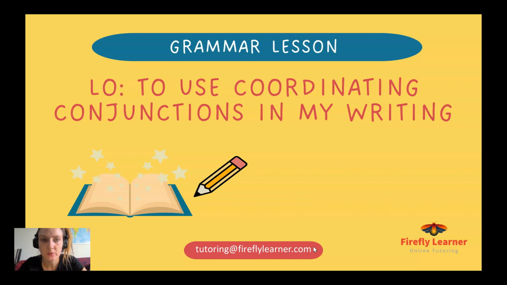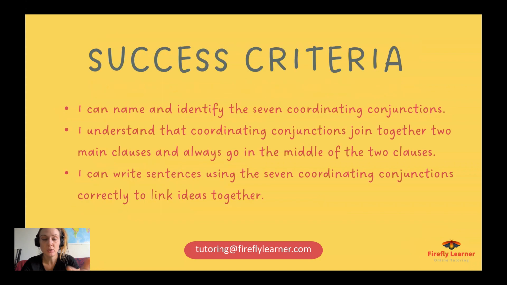We are learning about coordinating conjunctions in this lesson. So conjunctions are joining words. They allow us to join two parts of a sentence, two clauses, into one sentence. And there are two main types of conjunction that we need to know how to use: coordinating conjunctions and subordinating conjunctions. So in this lesson, we'll look at what the difference is, how you can remember the coordinating conjunctions, and I'll give you 3 activities to help you practice identifying and finding the conjunction and then using the conjunction in